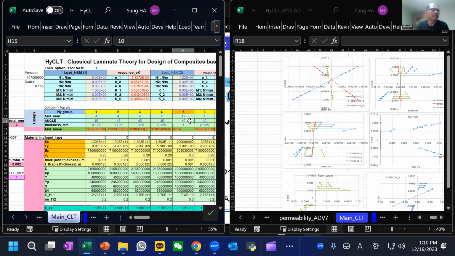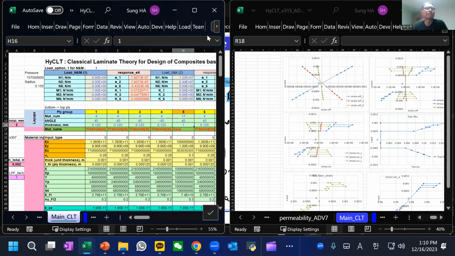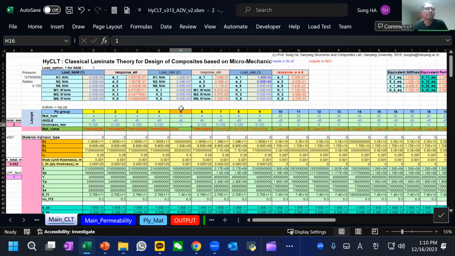Why this stiffness? Okay, let's go to 17, the core. My point is that the angle of the core should not affect the overall stiffness behavior, but